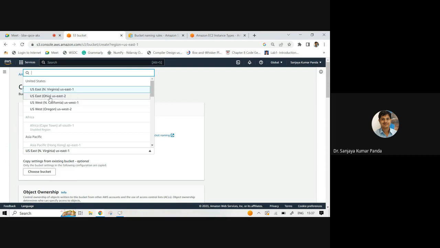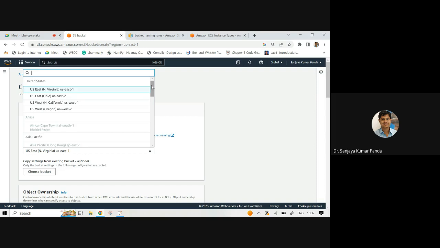There are two different regions, which we call US East 1 and US East 2. North Virginia comes under US East 1, and Ohio comes under US East 2. Similarly, US West 1 is North California, and US West 2 is Oregon. So the US has 4 different regions.